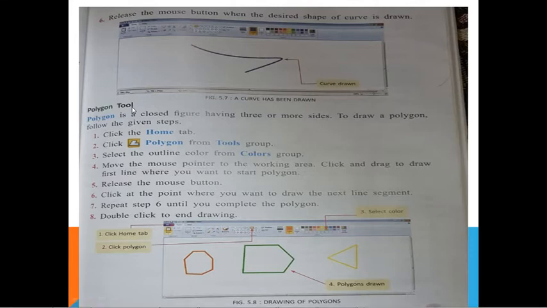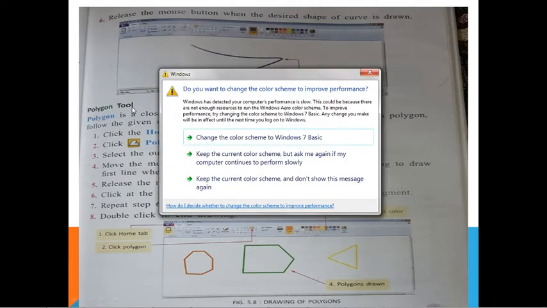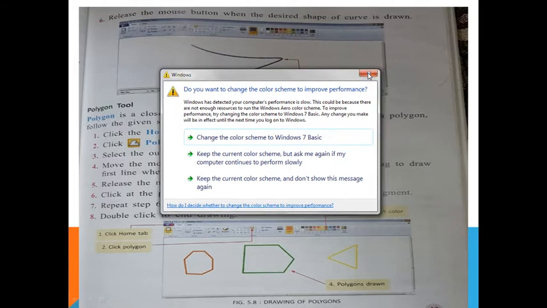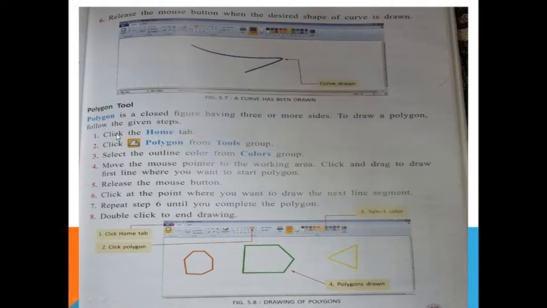I also told you before that when we are using shapes, every time we have to go to the Home tab. A polygon is a closed figure having 3 or more sides. To draw a polygon, follow the given steps. Click the Home tab, click the polygon from the tool group, select the outline color from the color group.